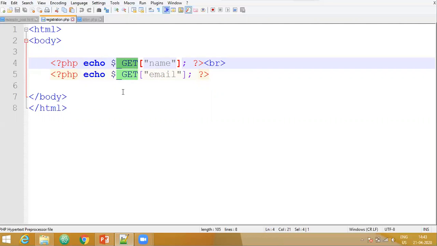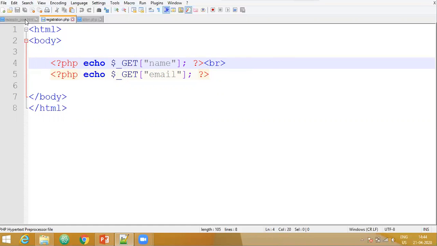That is how it works. Whenever data is typed or input in the form, the same data is fetched by this $_GET, and in the brackets we have to specify which parameter the get method is supposed to fetch. This has to be specified in double quotes.